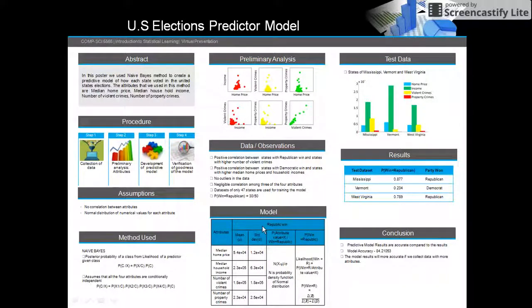Coming to the model, since we can't accommodate all the calculations, here we have shown the model for obtaining the posterior probability for a Republican win. Here you can see the mean and standard deviation for each attribute. Also,